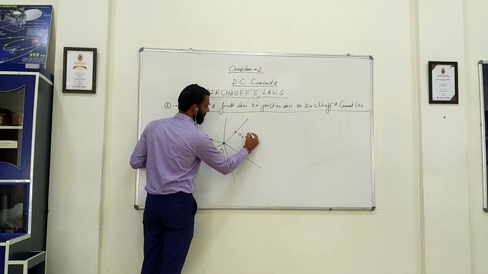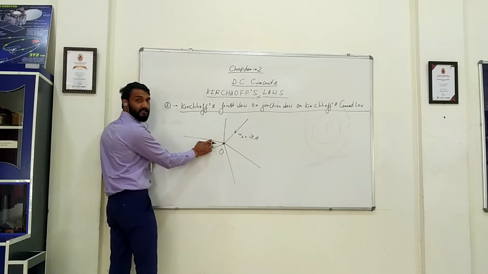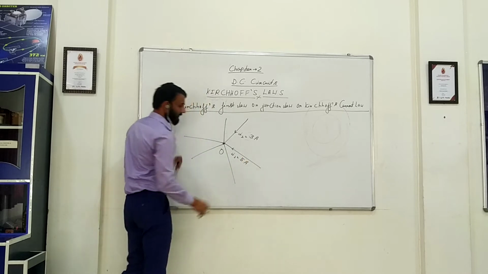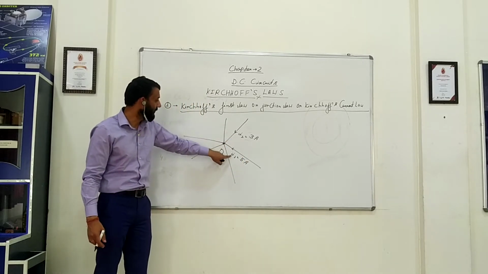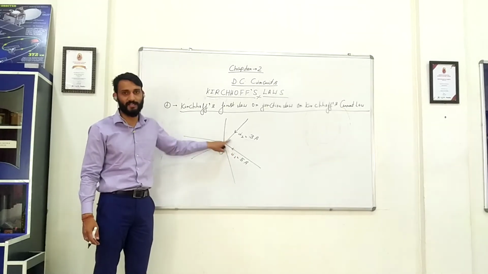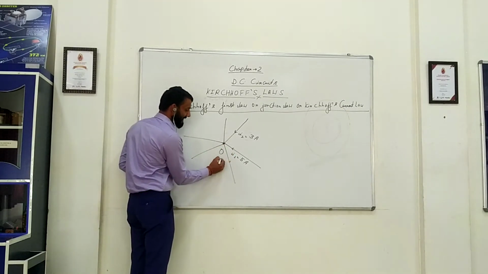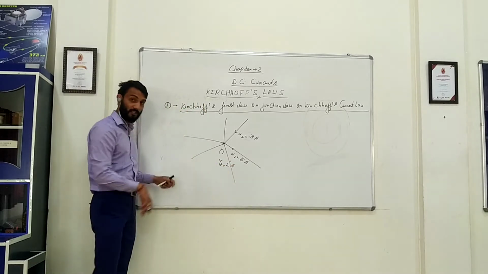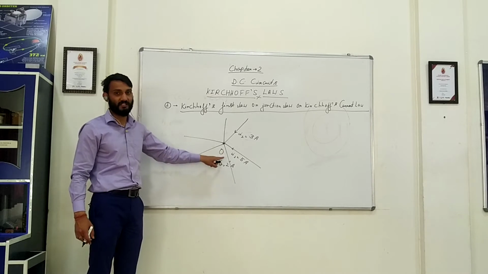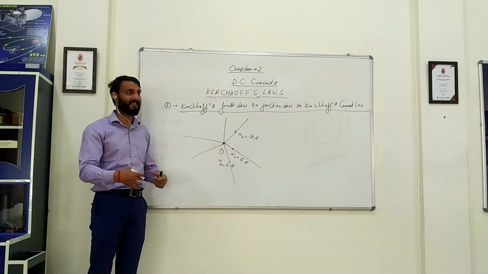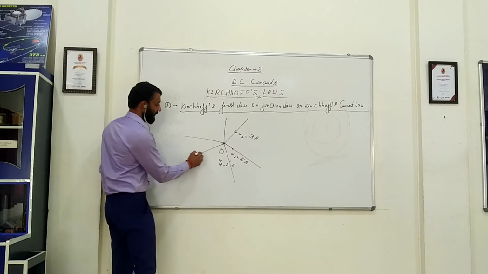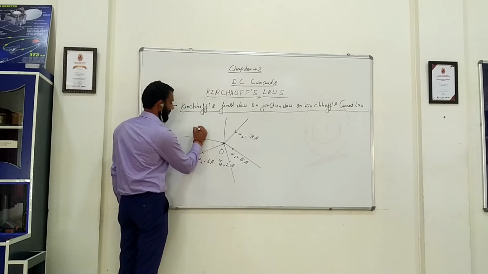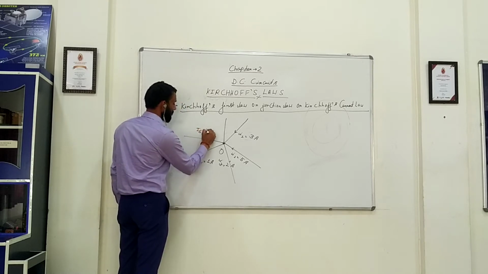Suppose this is I1, which is 3 ampere, coming in, and here you have I2, which is 5 ampere. This I1 will be meeting this I2 because they are coming in, and then there will be a current I3, which is going out, 2 ampere, going away from this junction. So this is a junction because some of the currents are meeting there and some are getting away from each other. Let me take it again. This is I4, 1 ampere, and this again I will take I5, which is equal to 2 ampere.